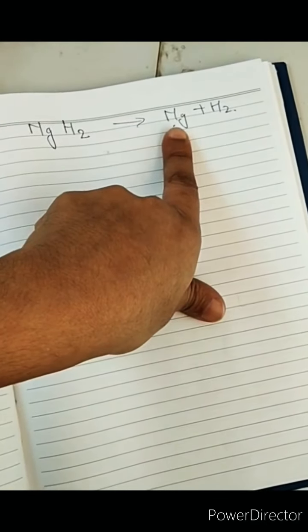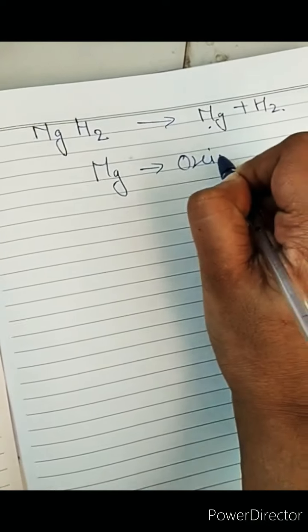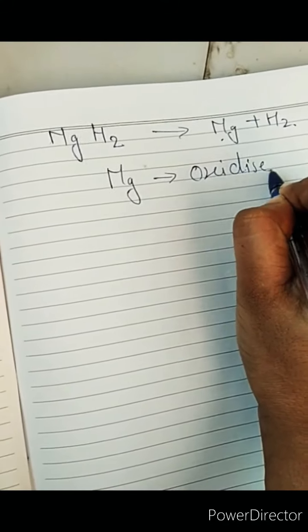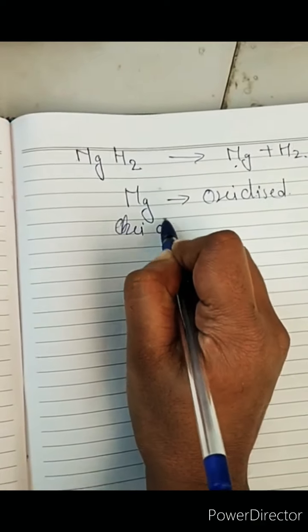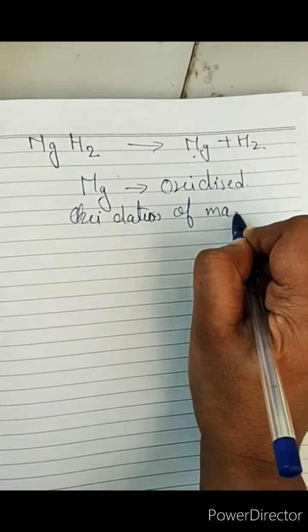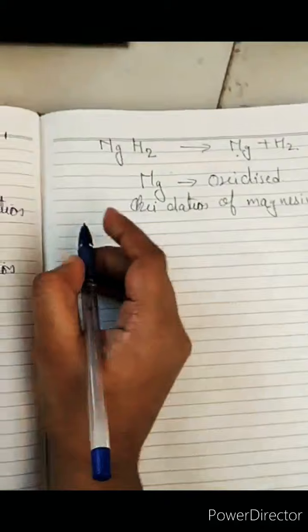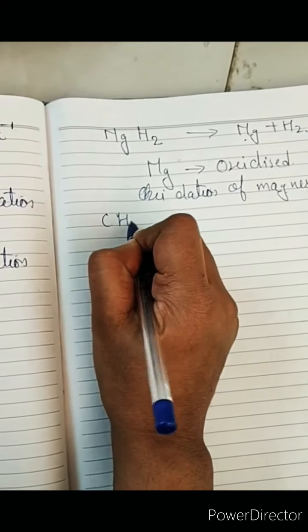So magnesium is oxidized now. There is an oxidation of magnesium, because hydrogen is removed. Now we can have another definition. So not another definition, we have another example,